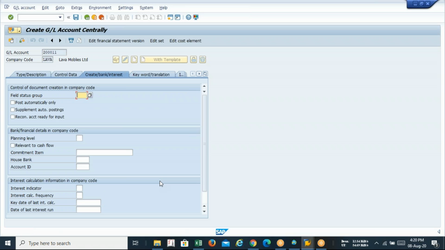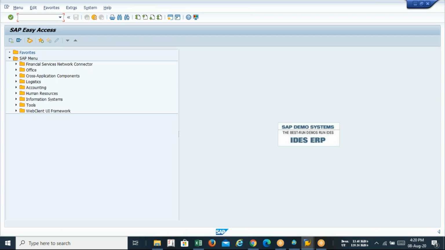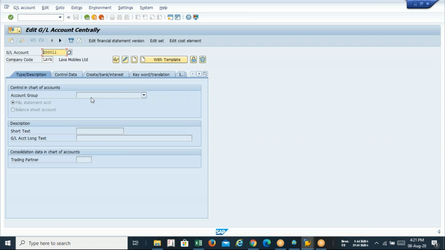Click on create. See, I'm not going to create it. Say for example, I'm just copying from the main bank account.